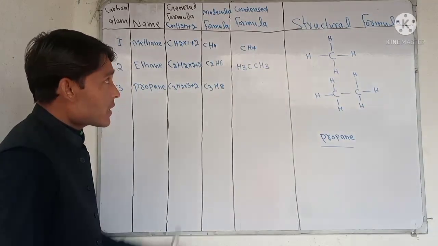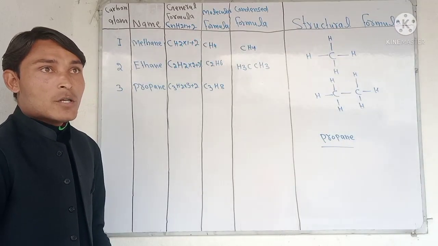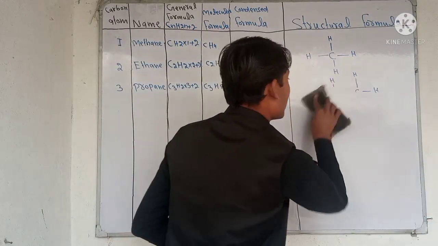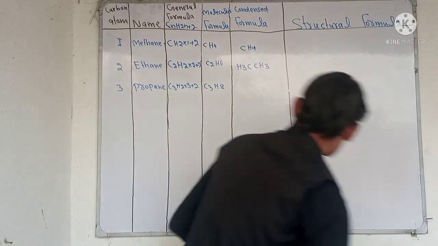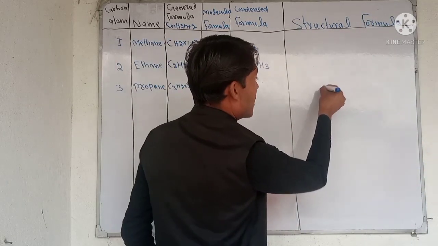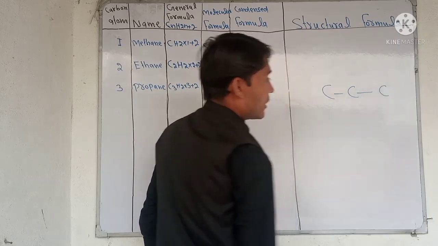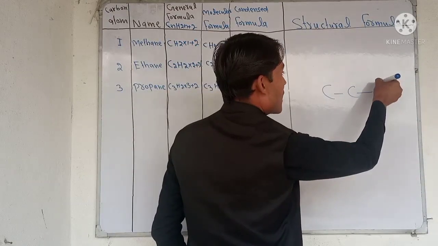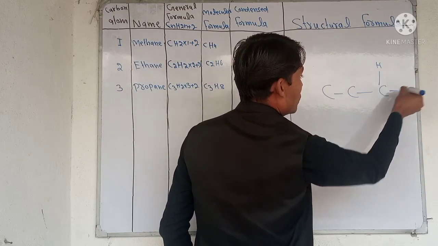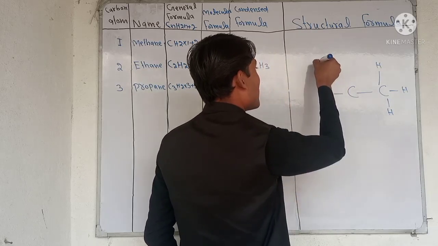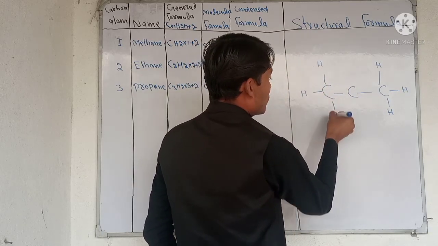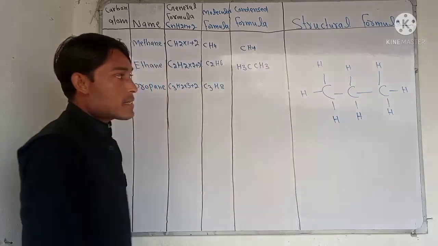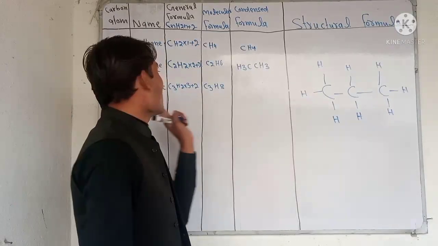Now if we talk about the condensed formula, I always told you that you can construct the condensed formula from the structure formula. First try to draw the structure formula, then you can draw the condensed formula. As you know, the number of carbons is 3, so I can just write carbon 1, carbon 2 and carbon 3, and always attach 3 hydrogens to a terminal carbon. Let's see, carbon 1, we attach hydrogens, and one is remaining, we can draw here H and also that H. So this is the structure formula for propane.